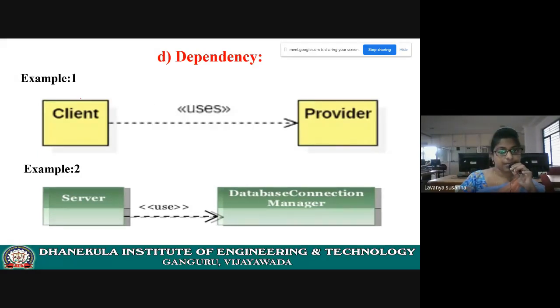Now let us see dependency. Here, what you need to understand is, first you need to write dependency. One class will depend on another class. See the example. First you need to write the definition. Just write down this statement. After that, I will explain. First write down the definition. After that, what you need to write is the graphical representation.